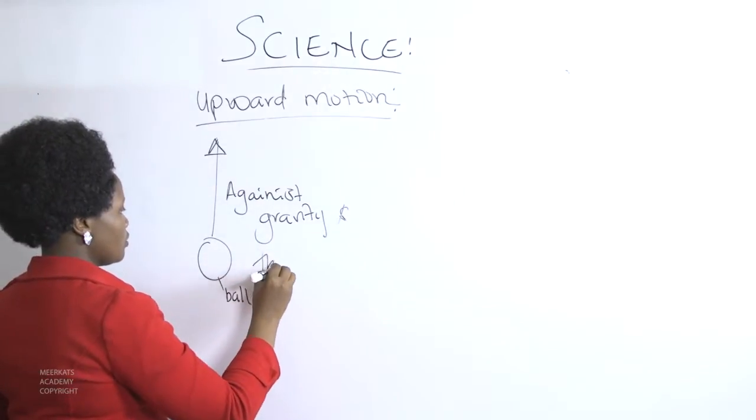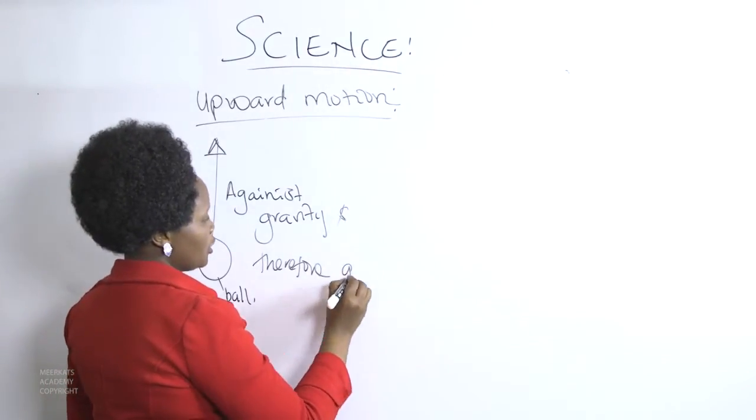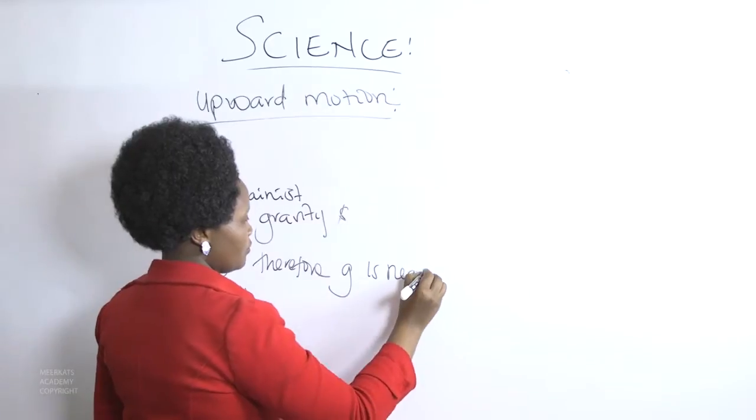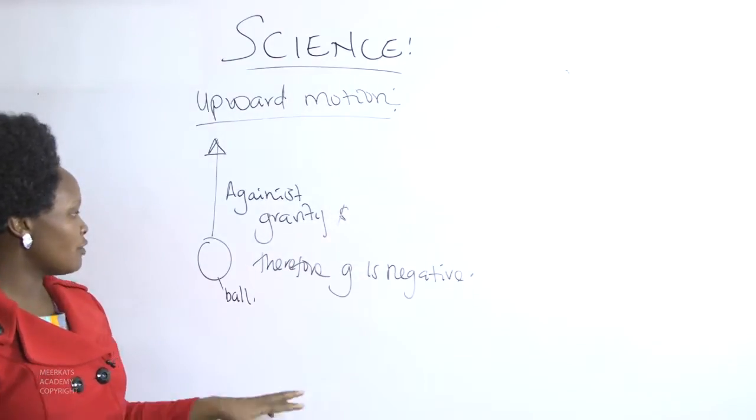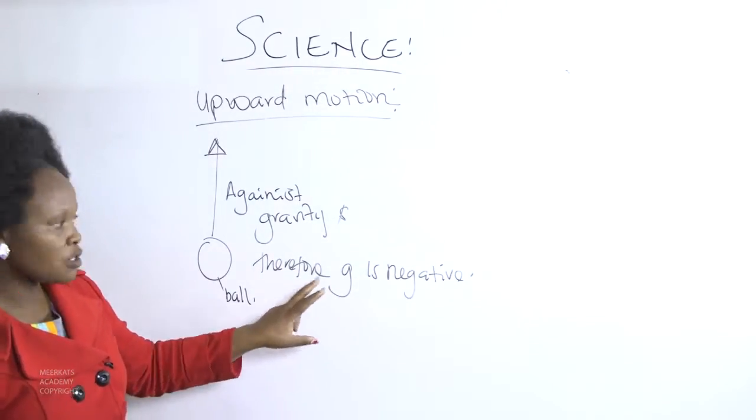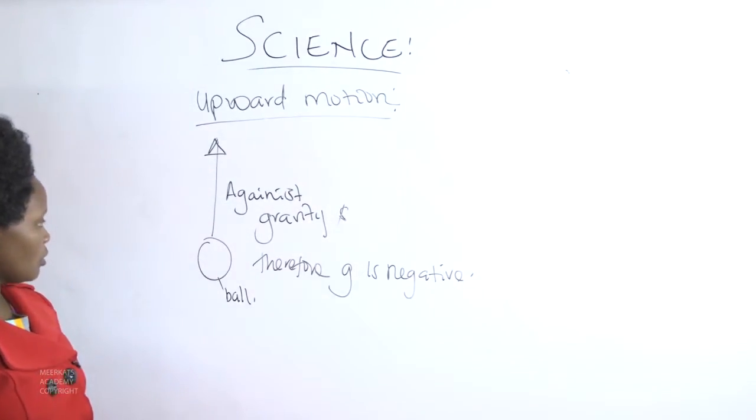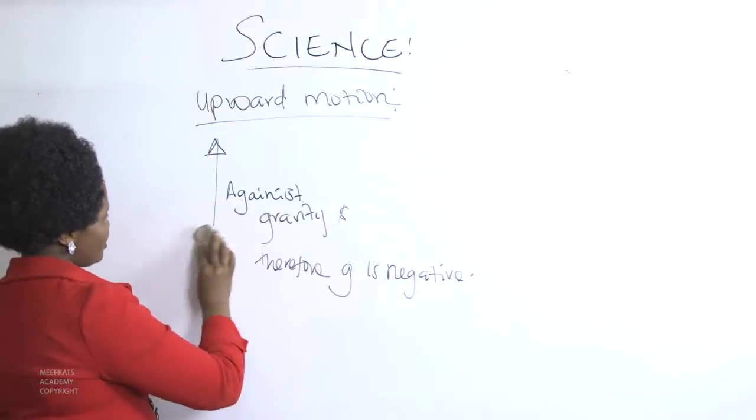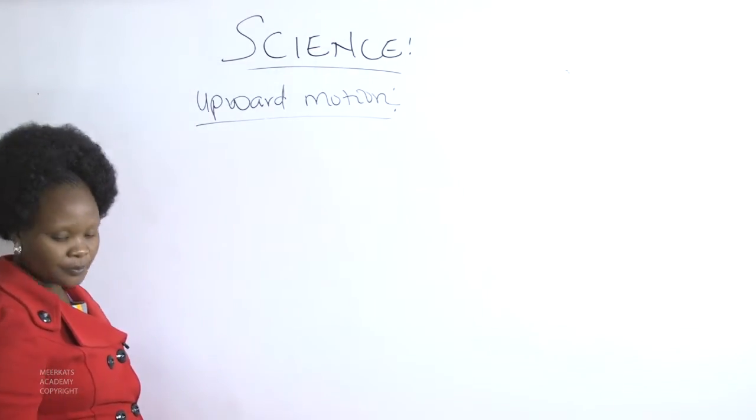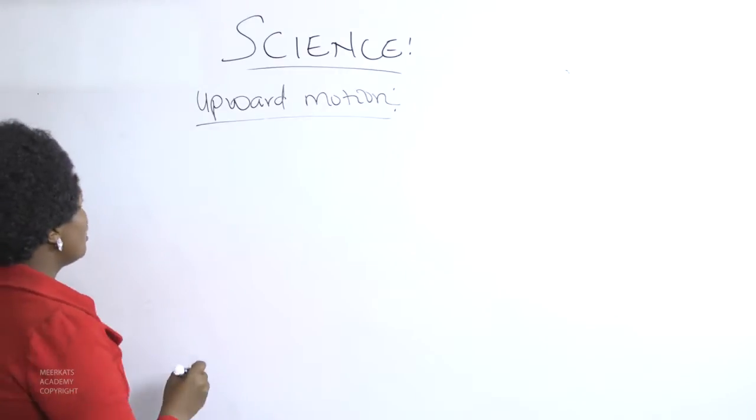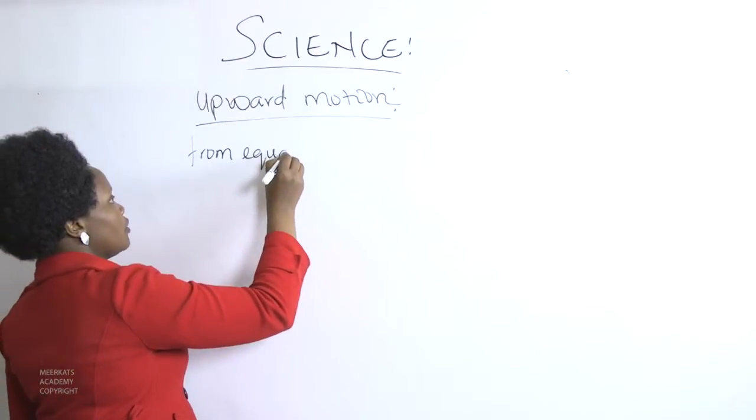And therefore, g is negative. g is negative because gravity in itself is a force. If you want to change the direction of a force, then automatically you negate its effect. The equations, therefore, will become, now from equations of free fall,